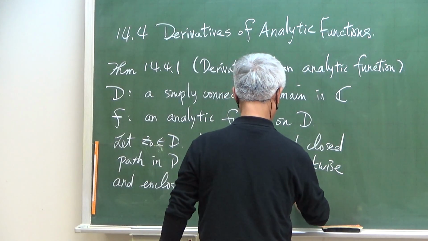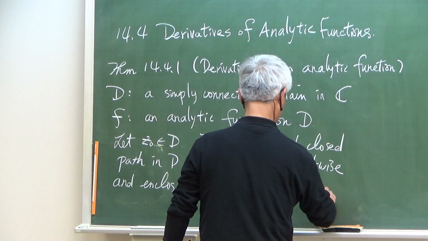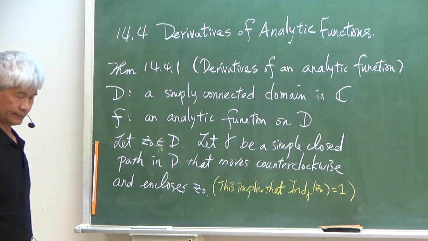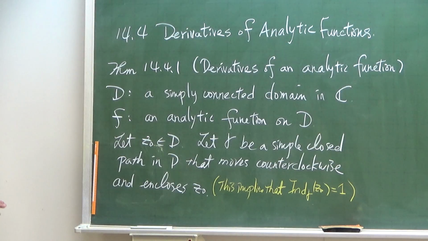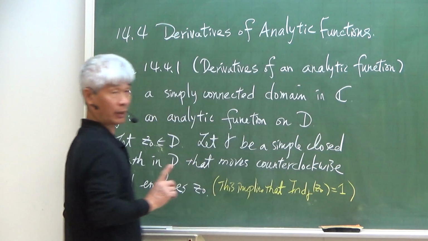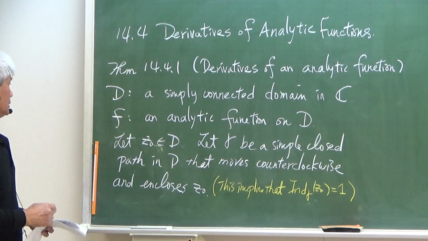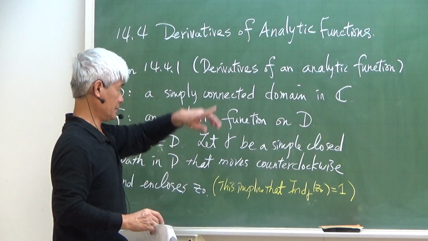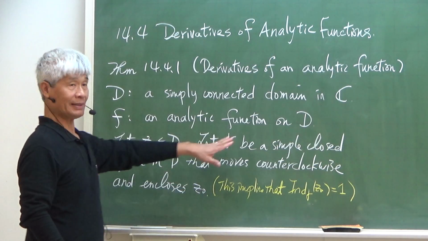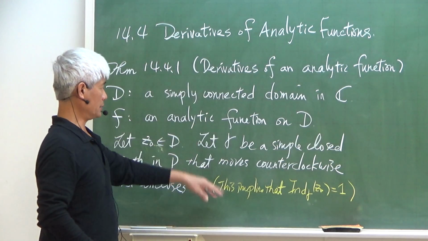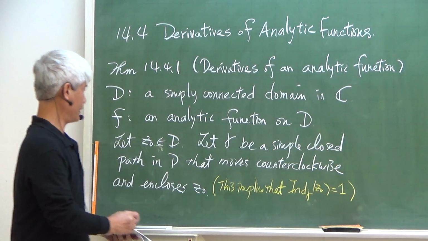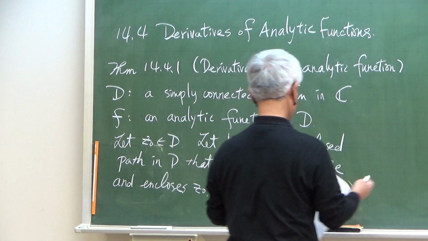the index, all right, the index of z0 with respect to the simple closed path gamma is equal to 1, because that moves counterclockwise, okay, and encloses it, right? And because it is simple, the index is equal to 1. Right, then